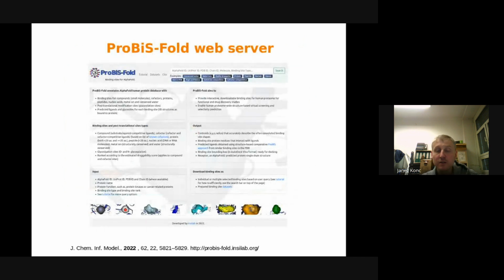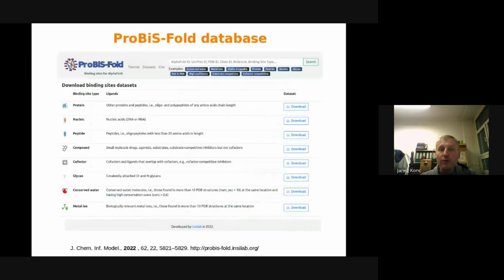We are going to see the use of ProBiS web server on a small example later. You can, for example, download the binding sites for the entire human proteome: small molecule compound binding sites, cofactor binding sites, and peptide binding sites. You can download them for all the human proteins that were modeled using the AlphaFold method. We have predicted all these binding sites for more than 20,000 protein structures, and you can download and use them